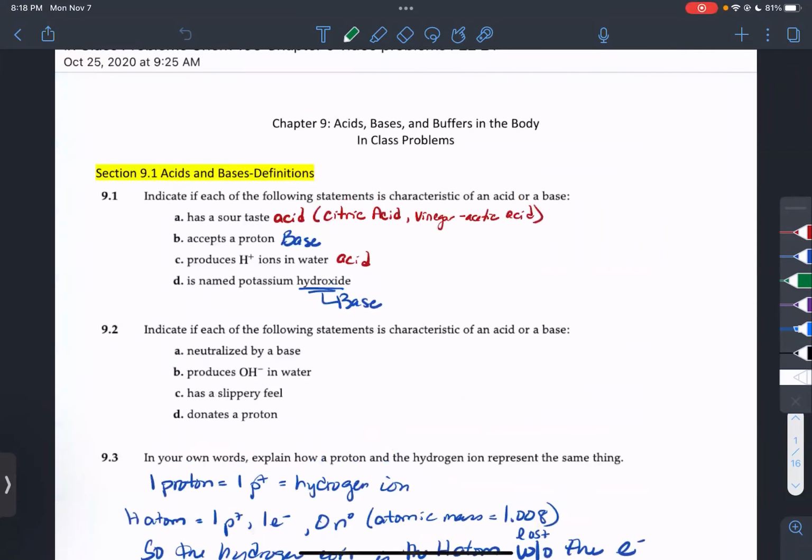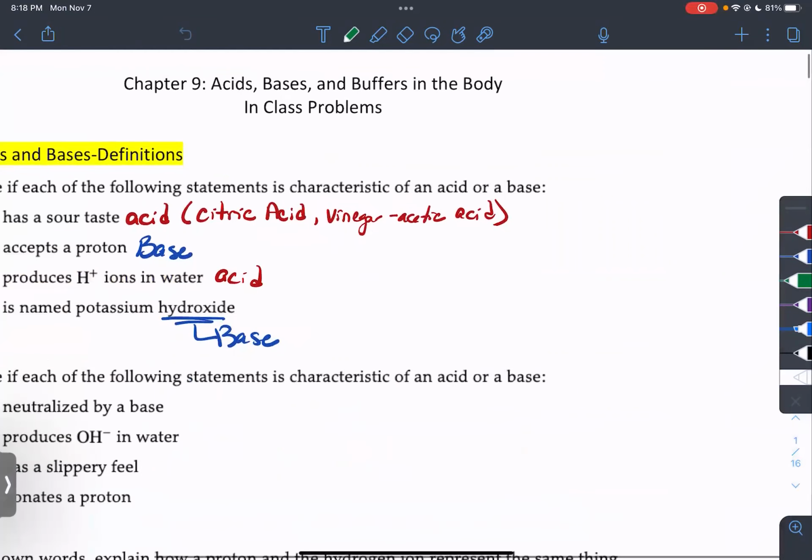So if we talk about acids and bases, what is an acid? What is a base? If you have really low pH, then you have something that is an acid in that solution, right? So things that are acid taste very sour to us. So vinegar is an example of something that is acidic. And you know, vinegar, it tastes like pickles, that's kind of a sour taste, right? Citrus fruit,